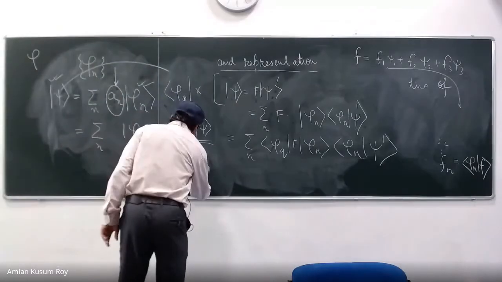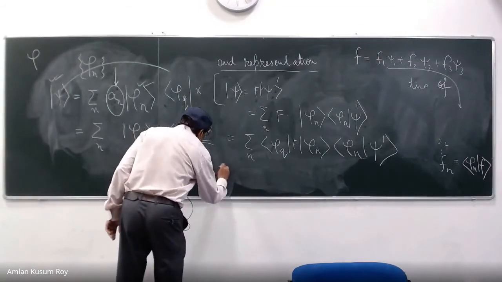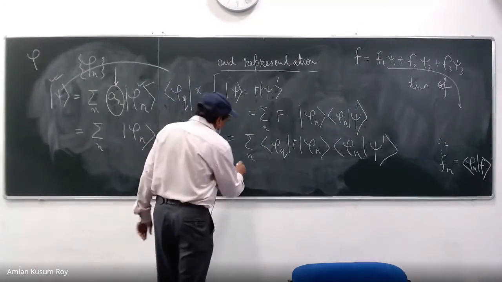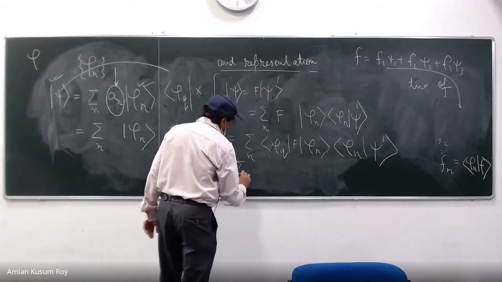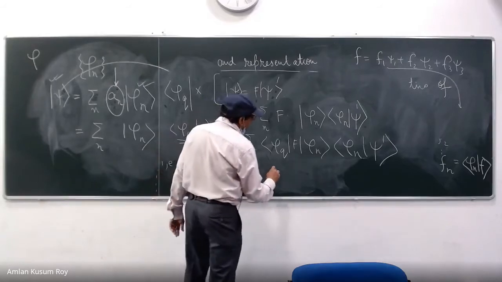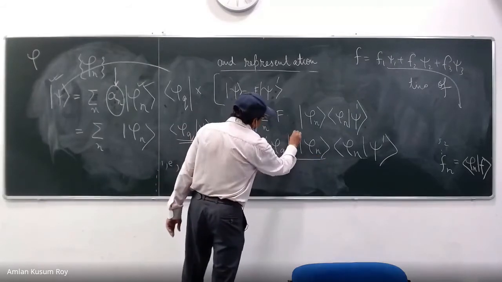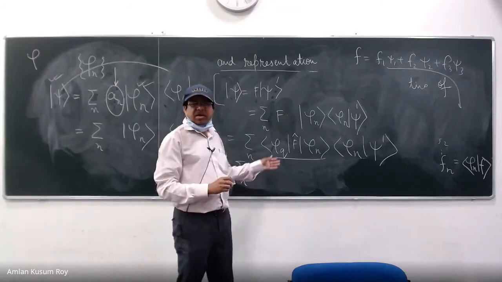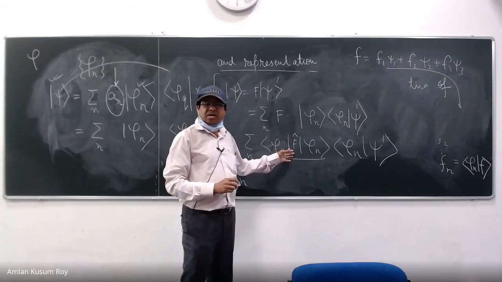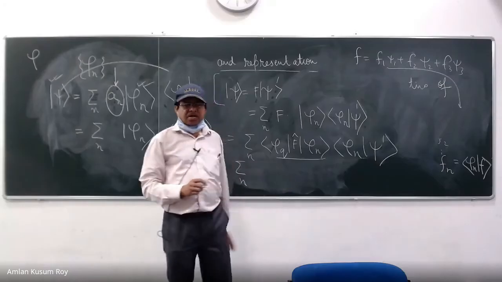So AQ, the qth coefficient in the qth system. So AQ is equal to, what is on the right side? Summation n. So this is what? This is the average of